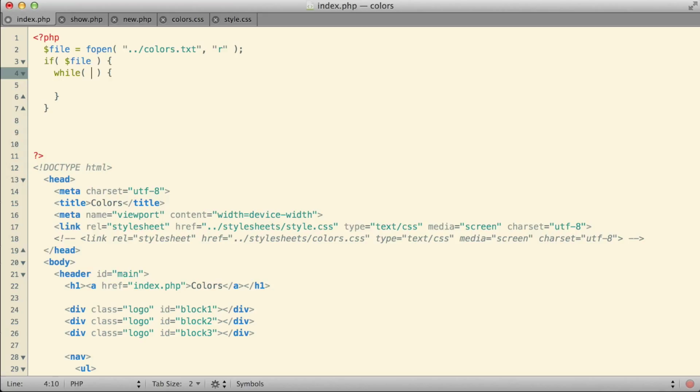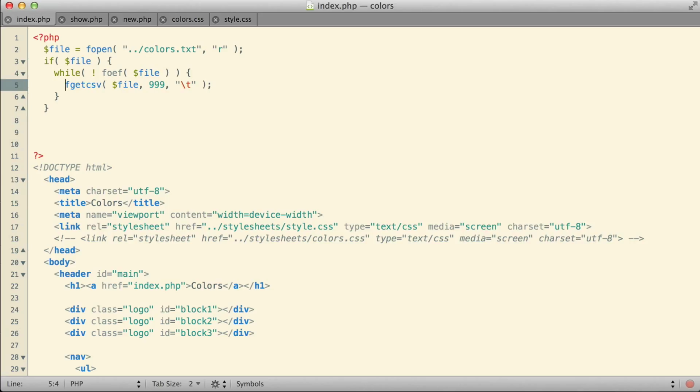Inside the while loop, I'm going to want to read to the end of my file. So I'm going to say while we're not at the end of the file. As long as that condition is met, or isn't met because of the not, if you want to think of it that way, we will continue reading from the file. And I think I'm going to use the fgetcsv function to do my reading, since of the different functions I've learned so far, that one is by far the easiest. So I'm going to use fgetcsv to read from my file, maximum line length of 999 characters, and my file is delimited with a tab.